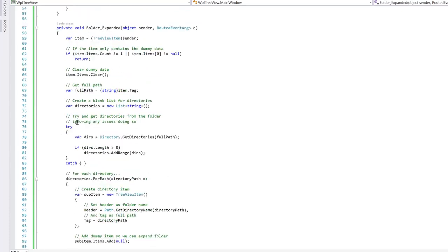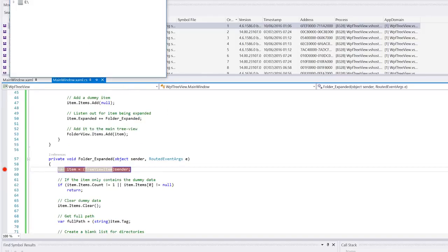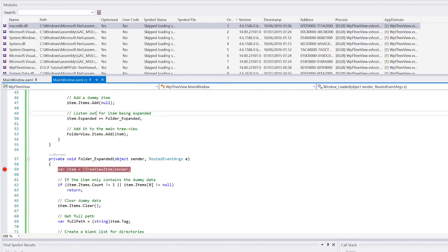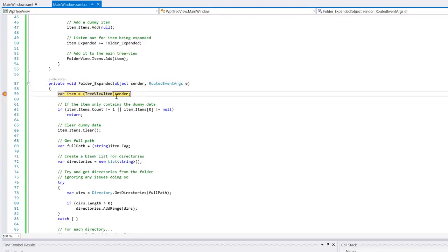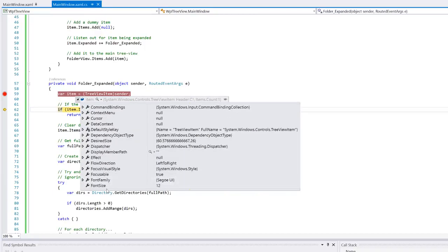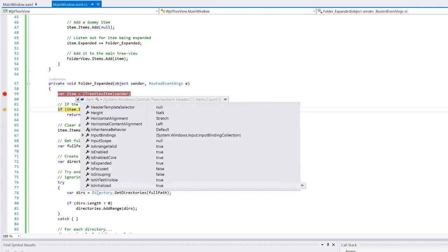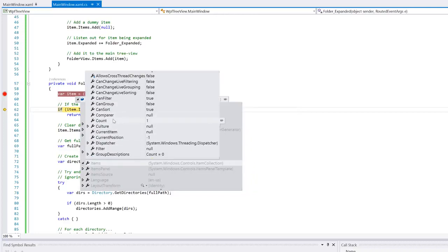And that's it. With that alone now, when we run this and we click expand, so let's put a breakpoint and we'll go through it. Press F5 and get rid of this modules window now. So this is run, you've got the expand, we're going to click expand and we should hit this FolderExpanded, which we do. We're going to get the sender, which you'll see is the TreeViewItem with the header C drive with the single dummy item. So we went down to Items. Come on, where's Items? There we go. And you expand the items, there's a single item,